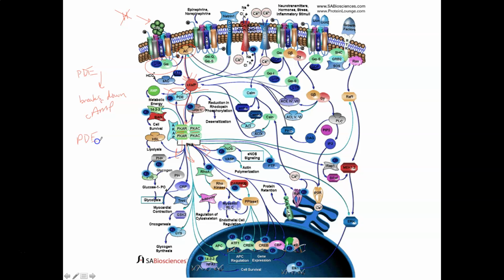So there are PDEIs, the I representing inhibition. So there are phosphodiesterase inhibitors that can allow for levels of cyclic AMP to stay elevated within a cell and give us a clinical physiological response that we're going for. So for example, a drug like theophylline. Theophylline is a phosphodiesterase inhibitor, and what it does is it allows for increased cyclic AMP levels within bronchial smooth muscle, and theophylline can go on to